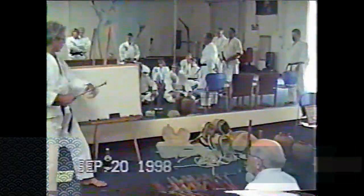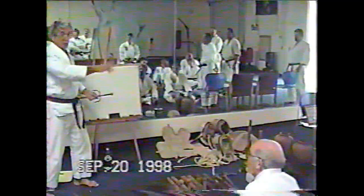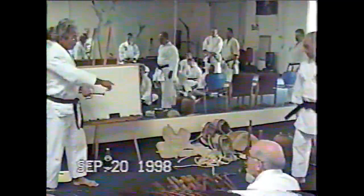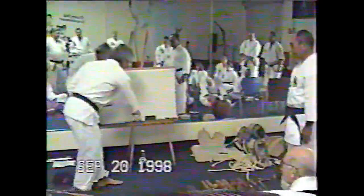Tokumura drew a picture. I don't know where it was. Might have been in the house. I don't know, we might have been drinking. I have no idea. But he drew. He said, Sensei Shimobuku said,